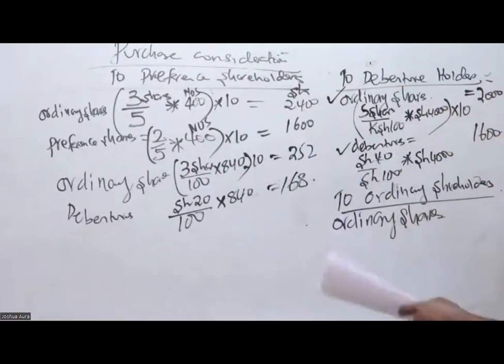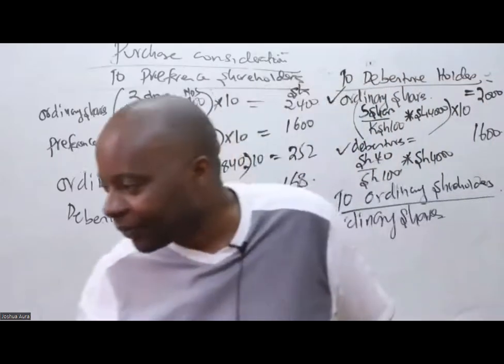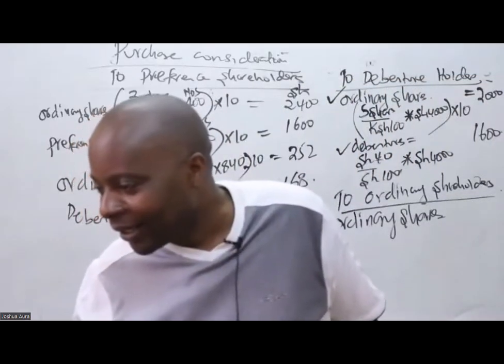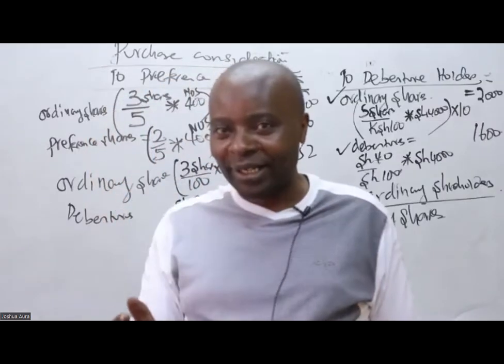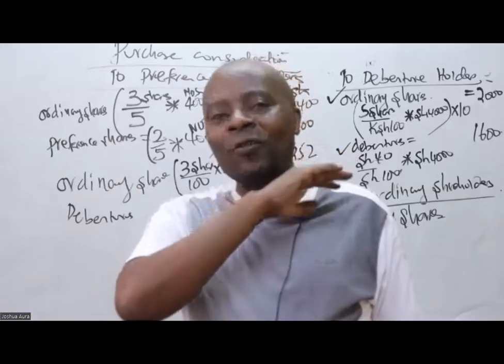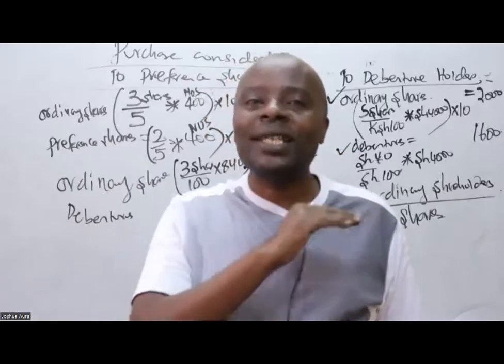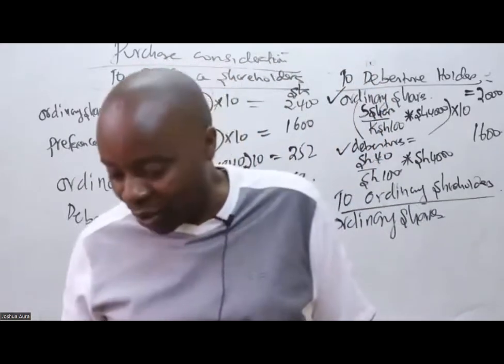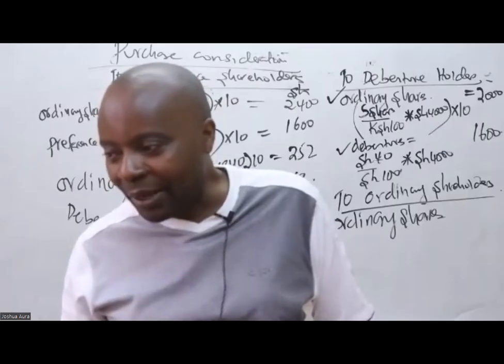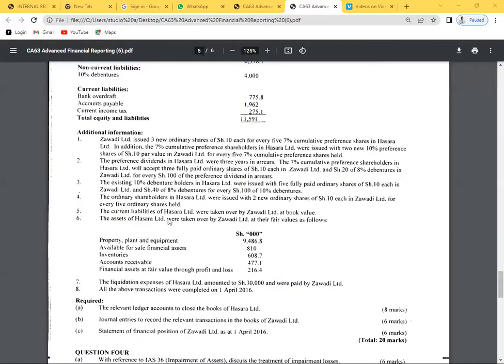So for the ordinary shares, they have told us there. This can never confuse you, unless you have your own phobia. This is the easiest thing ever, so long as you look at this, because the examiner will always guide you. The examiner is telling you 2 new ordinary shares, so the new must be up. 2 new for every 5. So I'll write here 2 for 5.